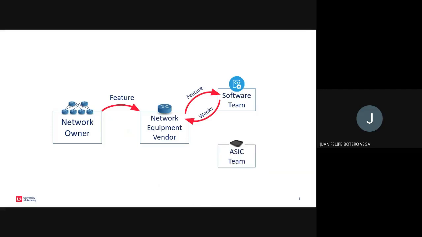But when it comes to the ASIC team in the switch, you ask them to go to the actual chips in the switch and ask for one feature, and this can take years, right? So 2, 3, or even 4 years to implement a new feature in the ASIC of the switches. It is a process just to say, okay, in my packets, I need a new tag, and I need that when this tag is put in the packet, the switch